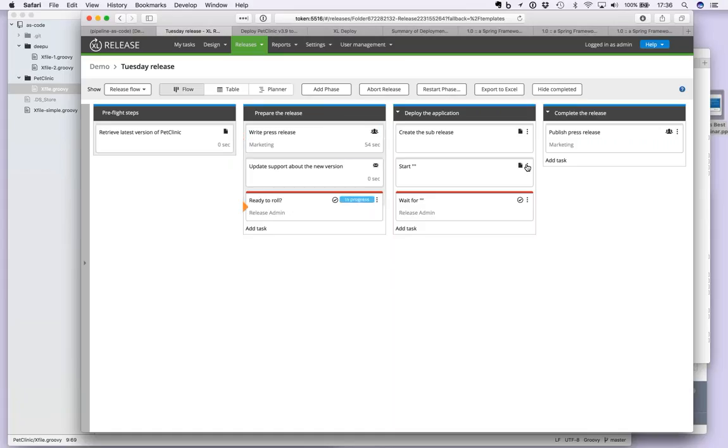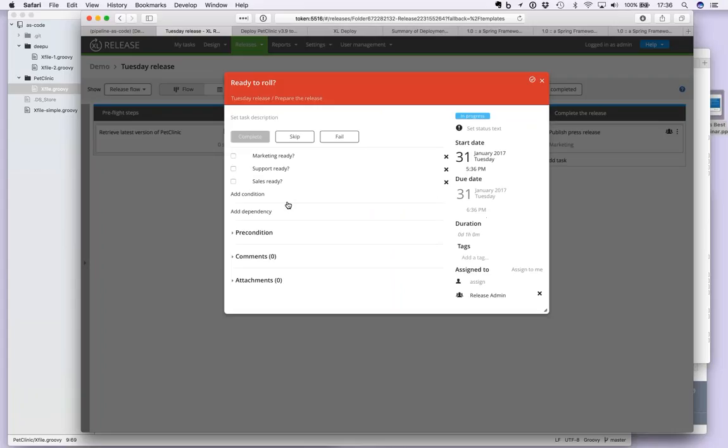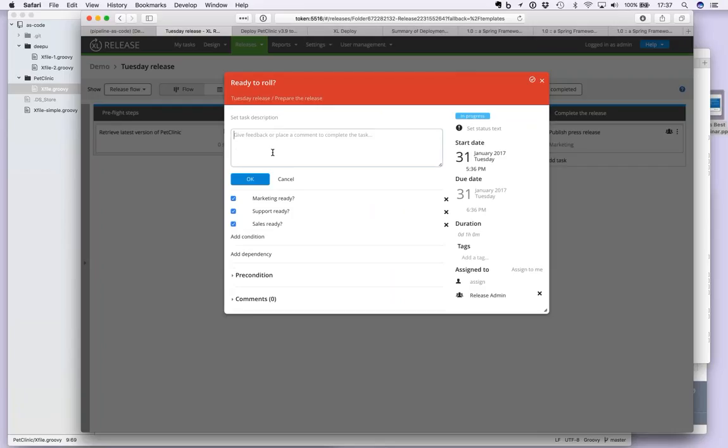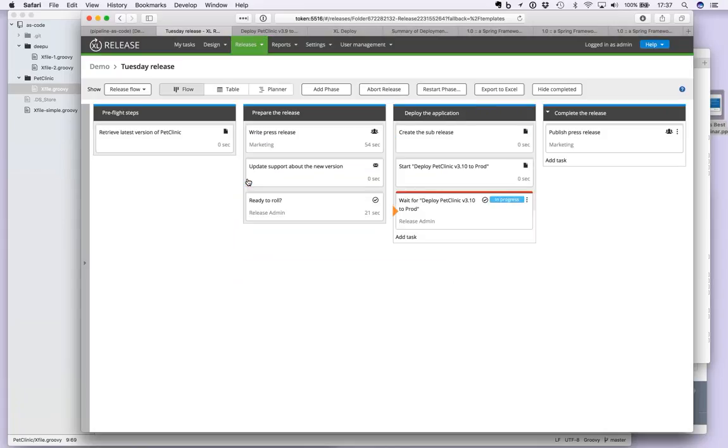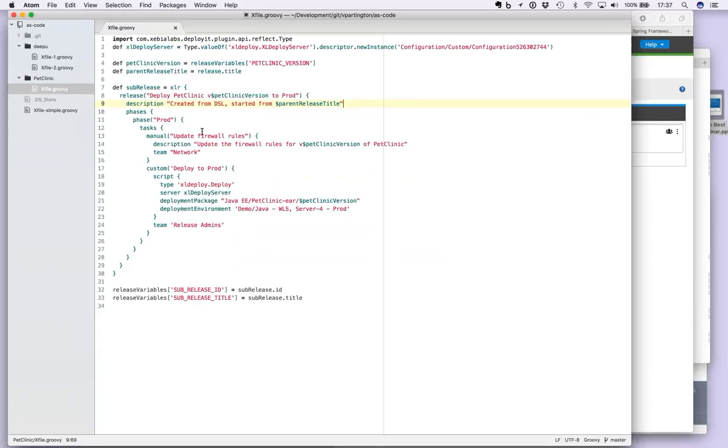We don't even wait for the support team, they just get an email, but here there's actually a gate. And okay, are we sure everybody's ready? The marketing team, the support team. Have a meeting, you get everyone in the same room, they do that thing. Sign their name. And then, okay, let's rock and roll. Let's go. So I press this button, then this will actually now go out and